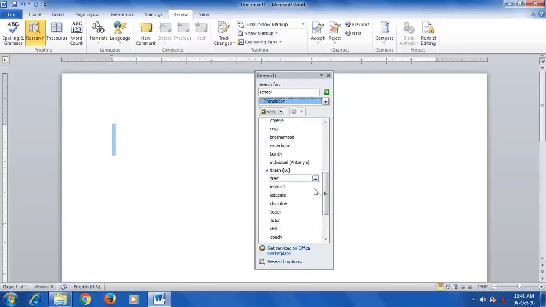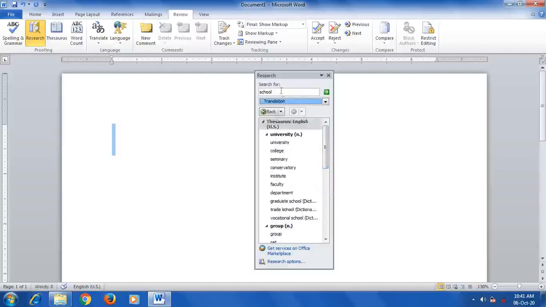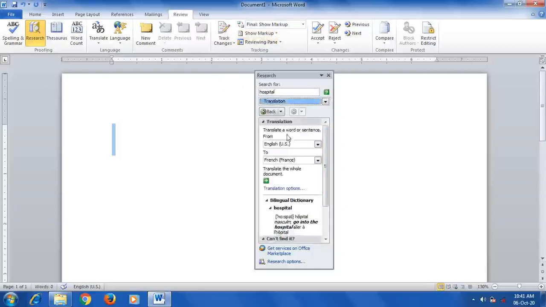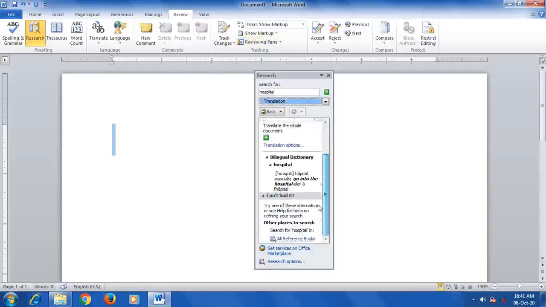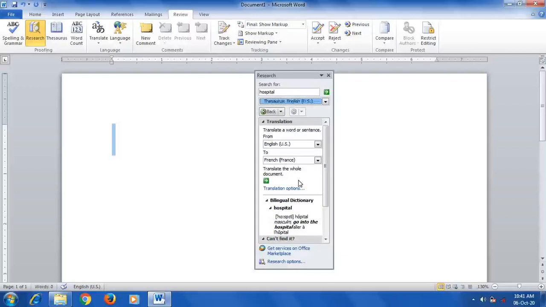Educate, discipline, instruct, teach, tutor, drill, coach. So this is the similar meaning of that word. Or if you want to find hospital, just click on this arrow button. You will get the similar meanings of hospital.